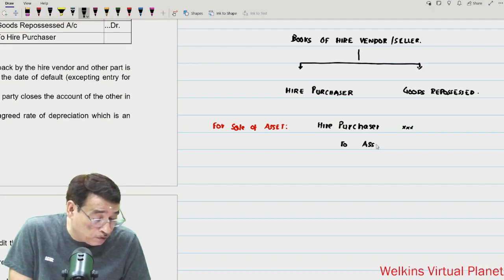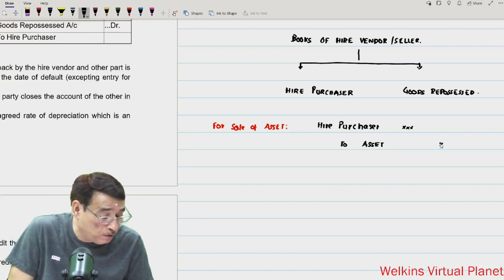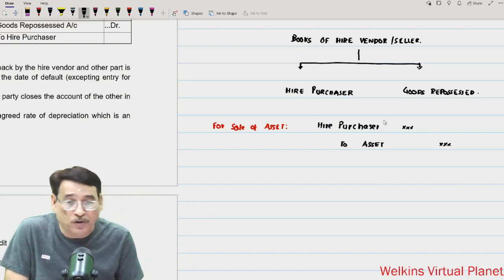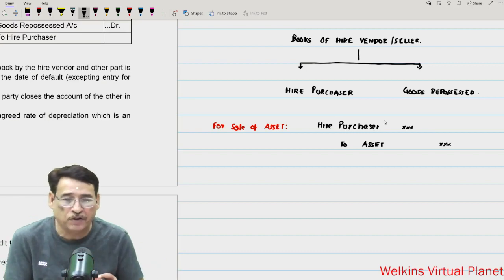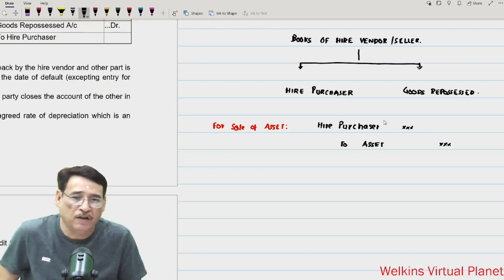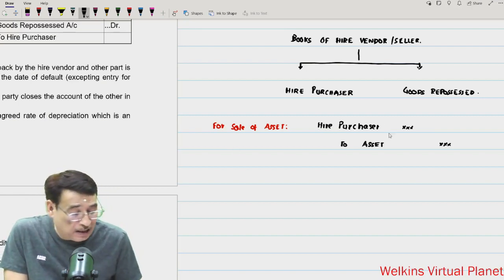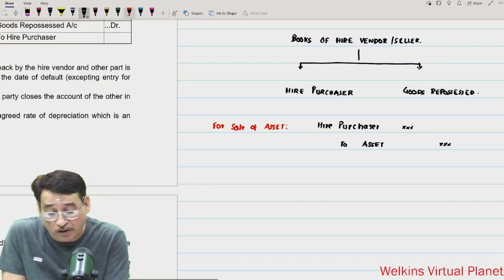Asset will move out because he has sold the asset to the hire purchaser, and this much amount he will have to receive from the hire purchaser. So that means the hire purchaser is a sort of debtor for the seller because he has to receive the price against the same. When he sells the asset, he will pass this entry, and on the same date he will